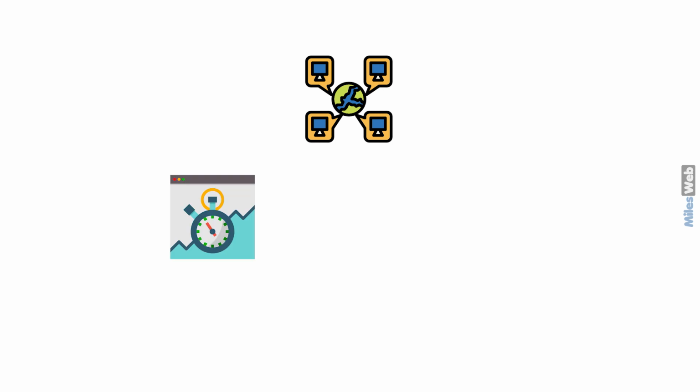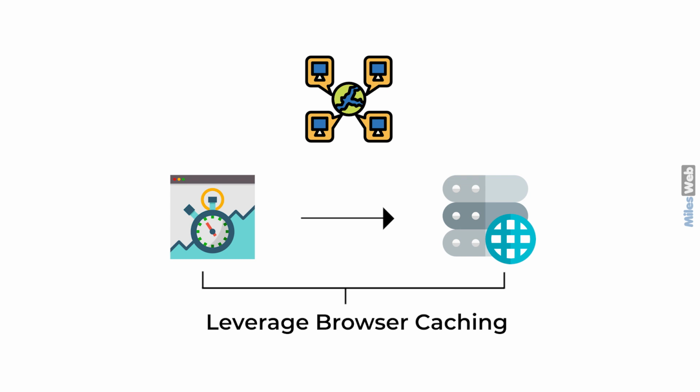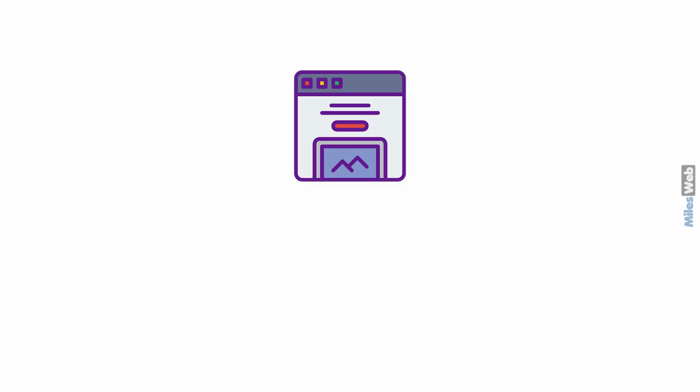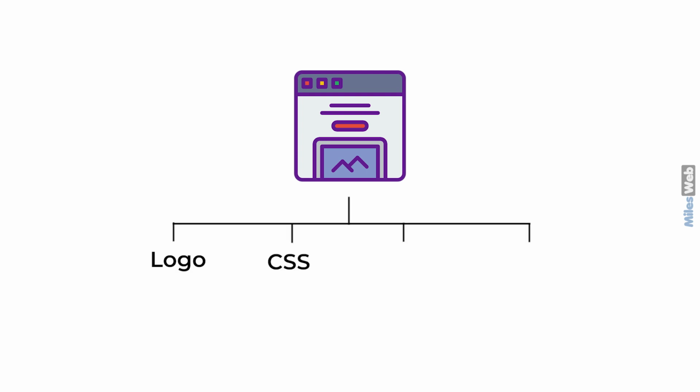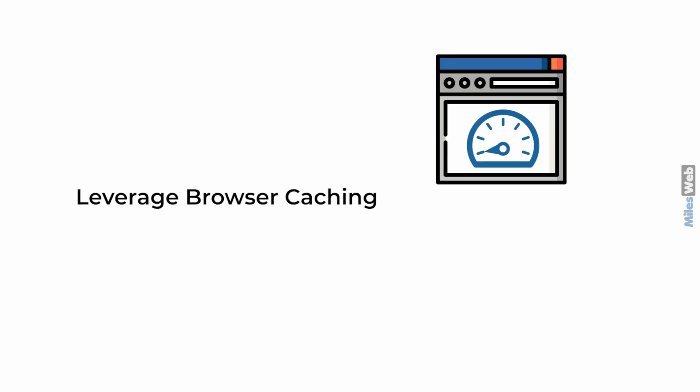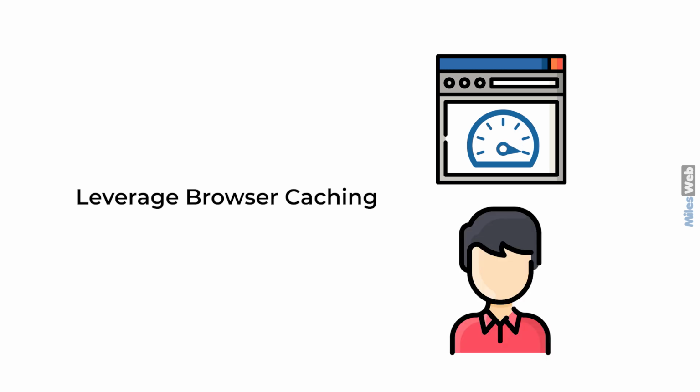While continuously fetching resources over the network, you may face website load time with web server, and leverage browser caching helps you here. It means webmaster instructs the web browser to store some of your web page resource files. When a requested web page is displayed by a web browser, things such as your logo, CSS files, HTML files, PHP files, and other resources get automatically loaded. Leverage browser caching improves the website speed, by which you get a better user experience.